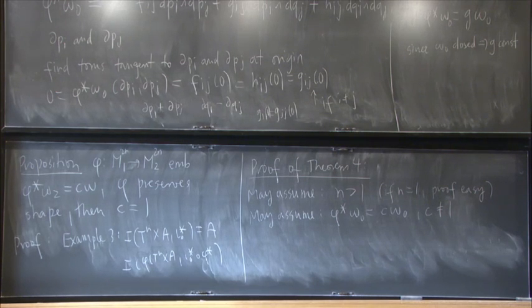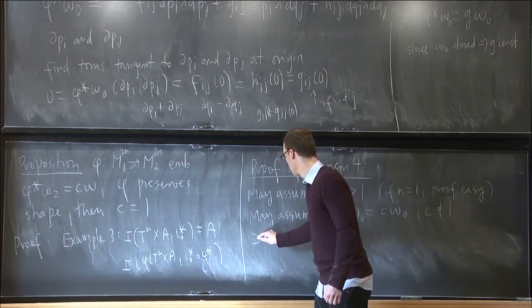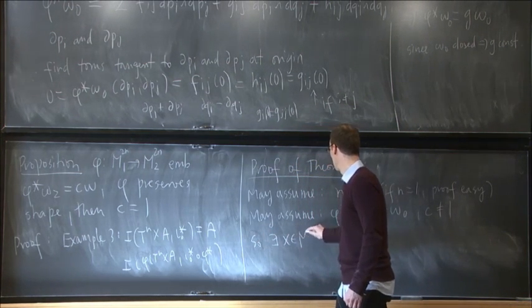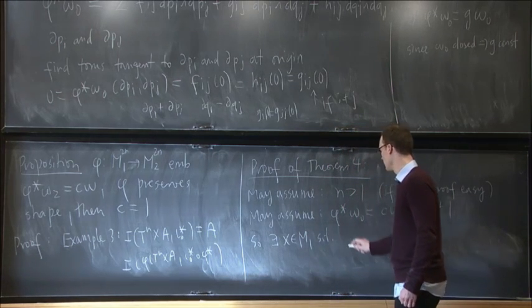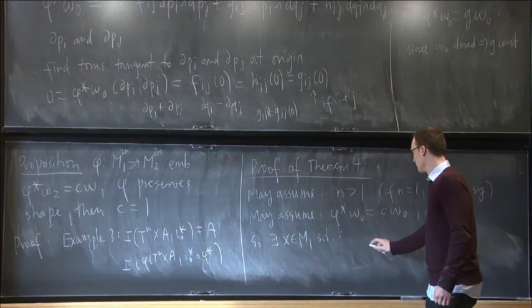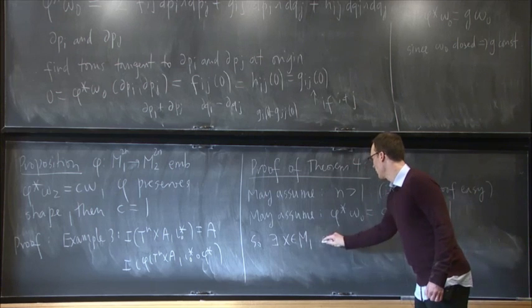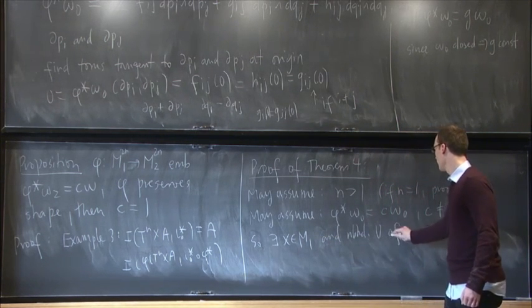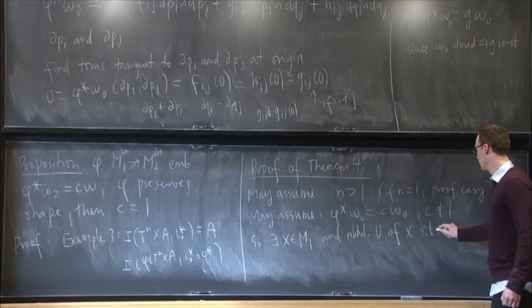So I'm assuming that phi preserves shape, and then C can't be anything other than 1. So what it tells me is there exists some point x in the neighborhood U of x, so that there exists a Lagrangian torus